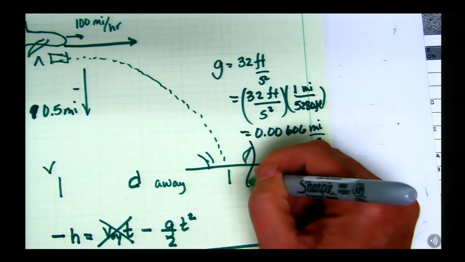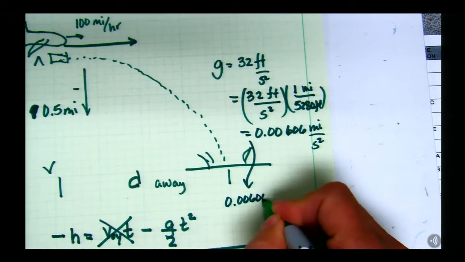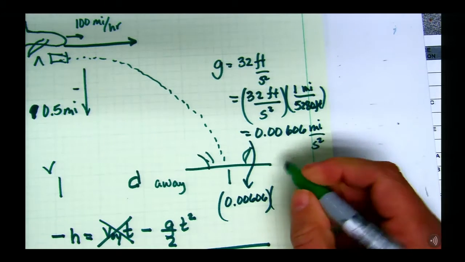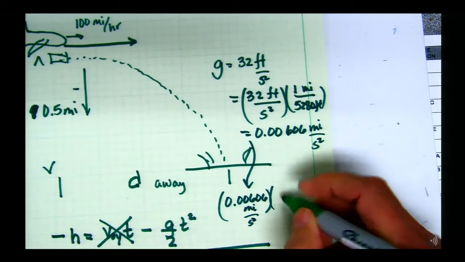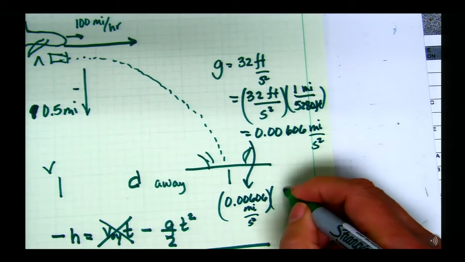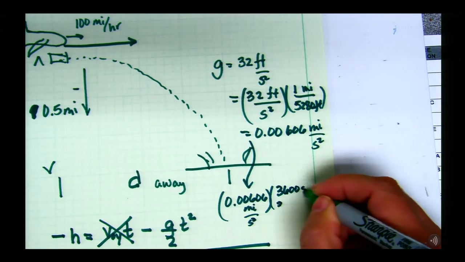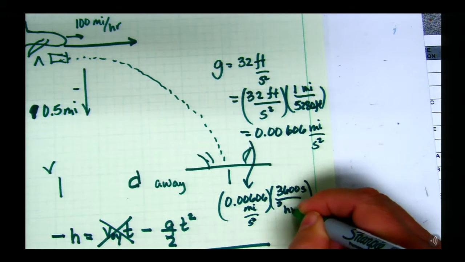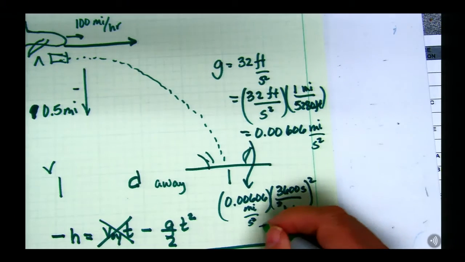So I'm going to need 0.00606 miles per second squared, and I have 3,600 seconds per hour, and I have to square that. And if I've punched everything in the arithmetic okay, I get